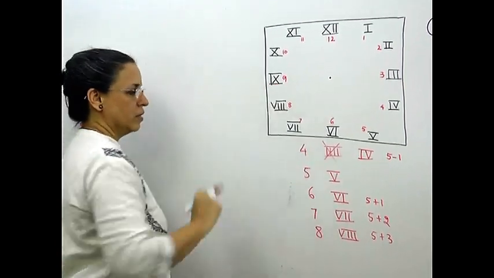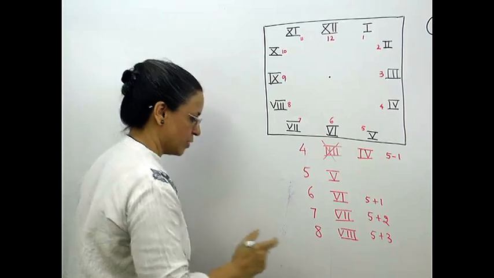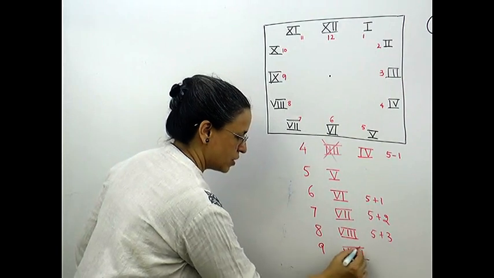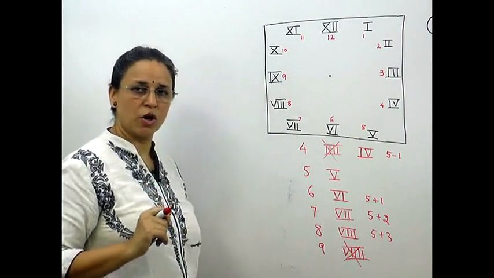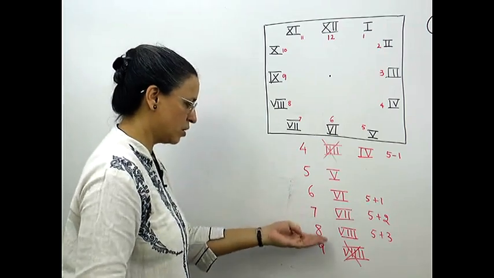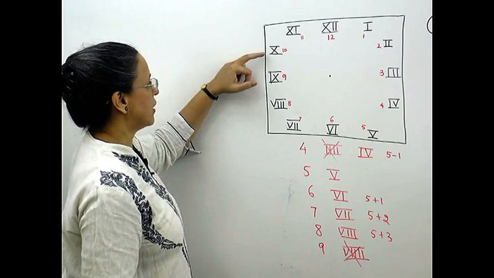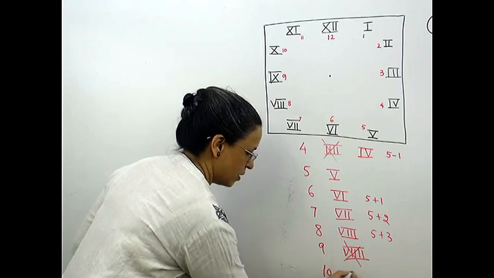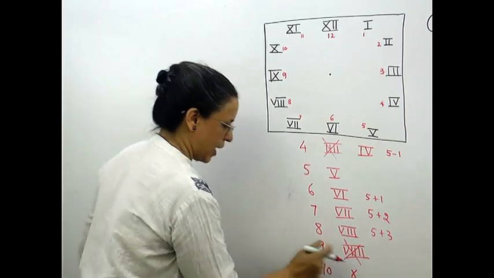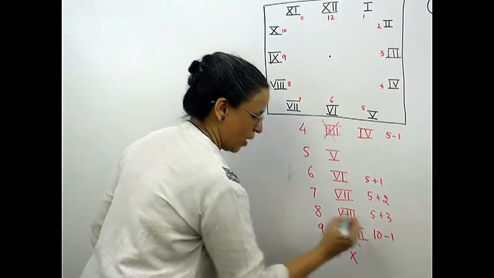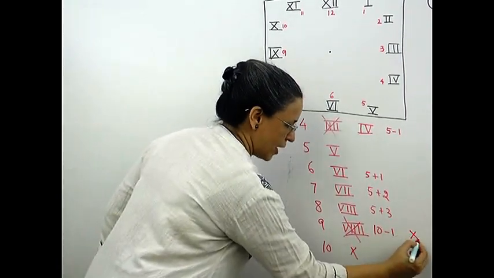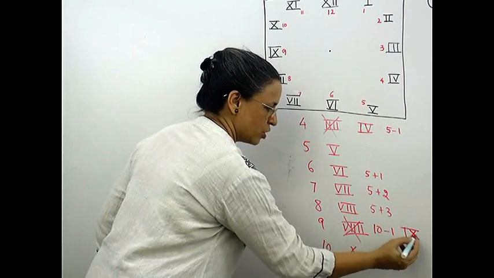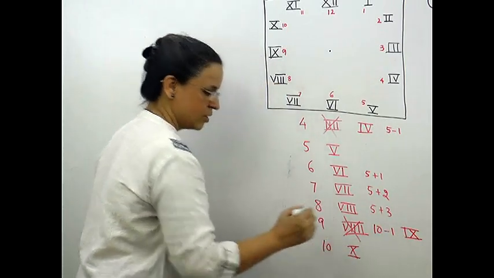Now for 9, some children might write it this way. If they think they put 5 and 1, 2, 3, 4, then this is wrong. Now why has it gone wrong again? You will say, I did it in the same method I continued. But you can see that 10 is written like an X. Can you see? It's written like an X, the number 10. So the number 9 is actually 10 minus 1. And therefore, we write the X to show 10. And when we have to minus, you know, on the left hand side, we put one number. So this will give us 9 and this will be 10.